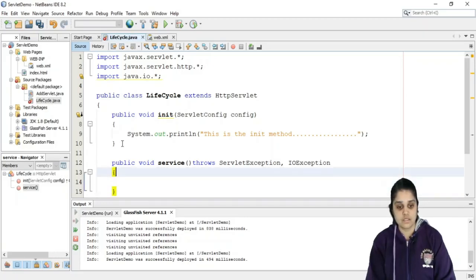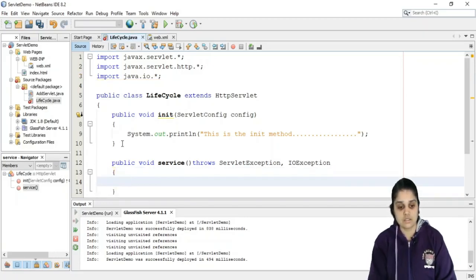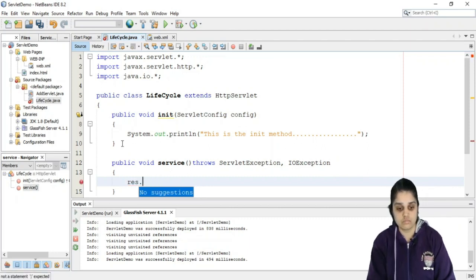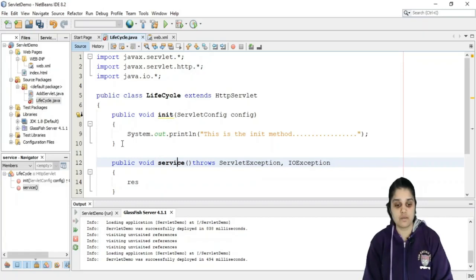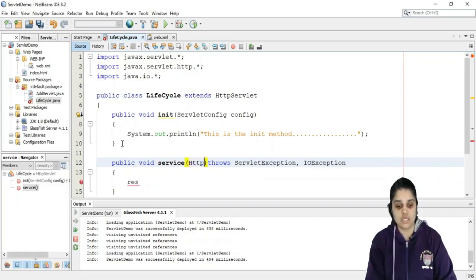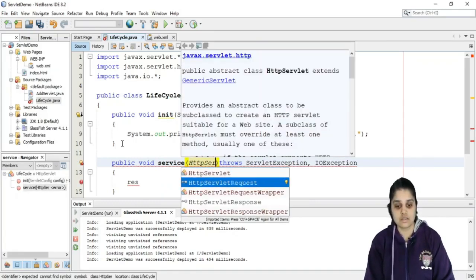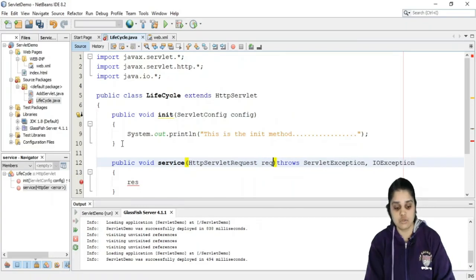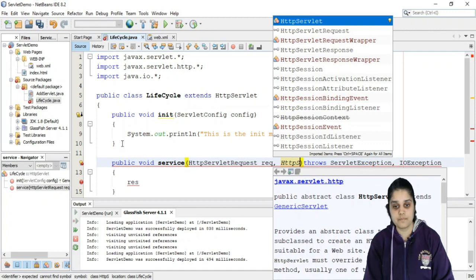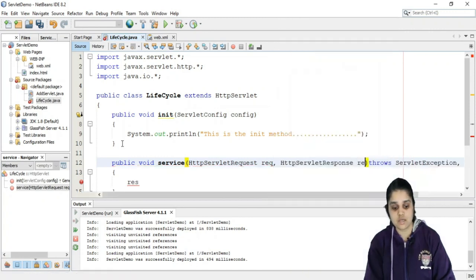In this public void service, you will write response dot set content type. We have not specified parameters here, so you need HttpServletRequest req and HttpServletResponse res.